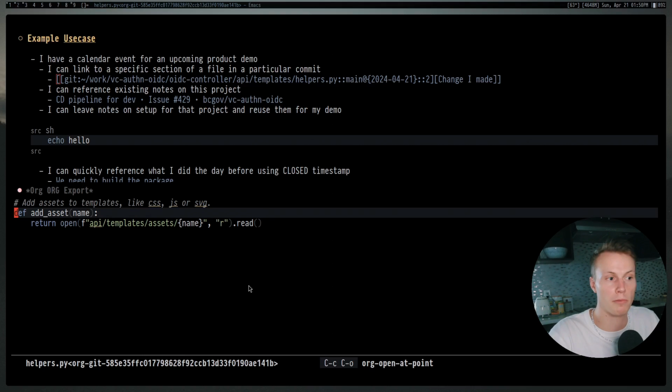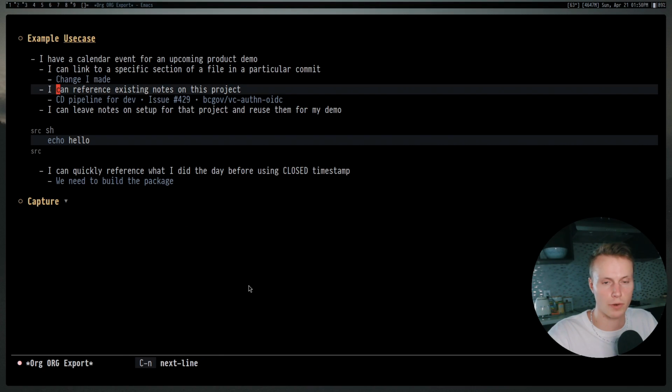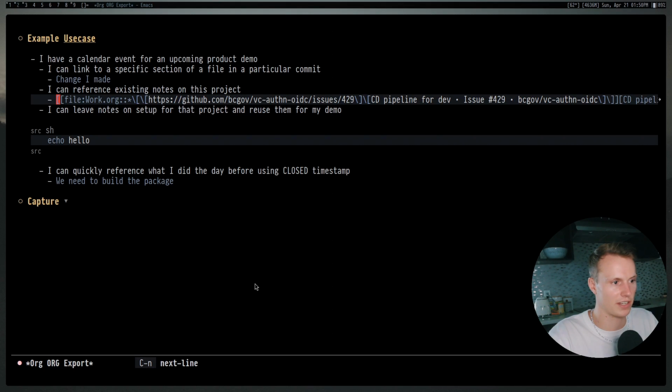So say, for example, if I want to show the before and the after, I could use this git link functionality. In addition, you can obviously make links to just regular files. I just thought this was a useful use case that I actually use quite a lot. Now, since I take notes while I do my work and I use my notes for my task management, I can actually link to the particular notes that I was working on. So for example, right here, I have a link to a particular task I was working on.